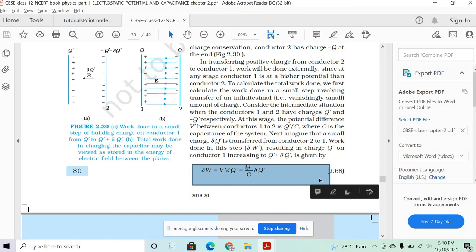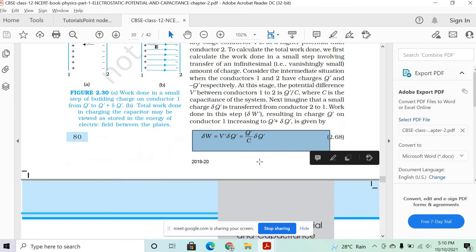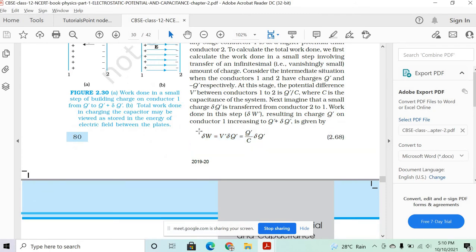Till both the charges on the plates are the same. Yes, sir. Positive and negative, q and minus q get developed. That is the only thing we need to know. Correct. Now, a small amount of work done is done. Now, q and delta q dash can be written as,